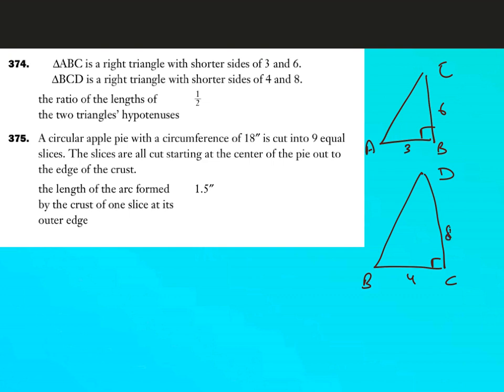Now before anything else, I know that these are two similar triangles for sure. Why? Because they share a common angle, that's 90, and also the other two sides are in the same ratio. The other two sides are basically 3 and 4. 3 is to 4. 6 is to 8 is also 3 is to 4. So they share the same angle and the other two sides are in the same ratio. So these are similar figures. When these are similar figures, the hypotenuses, let's say h1, h2, have to be in the same ratio as well.